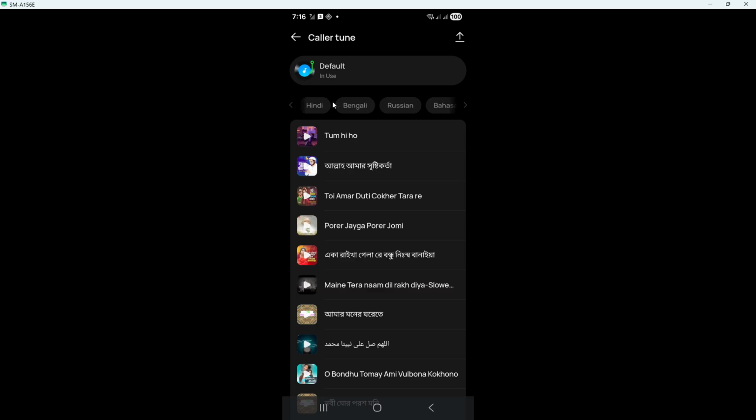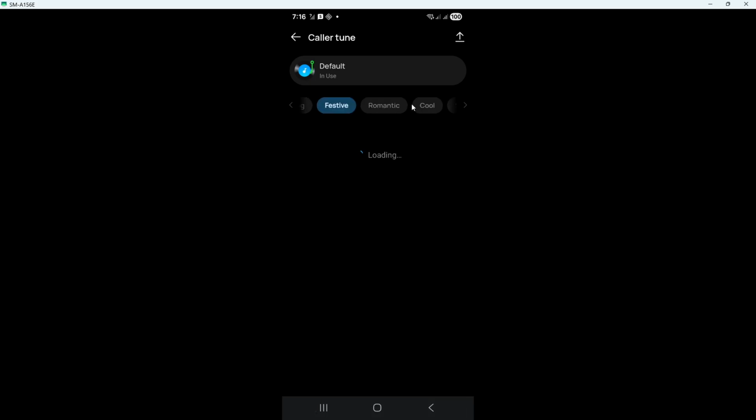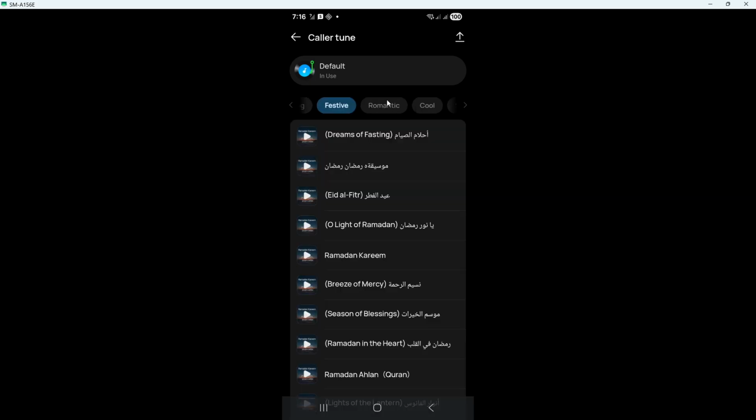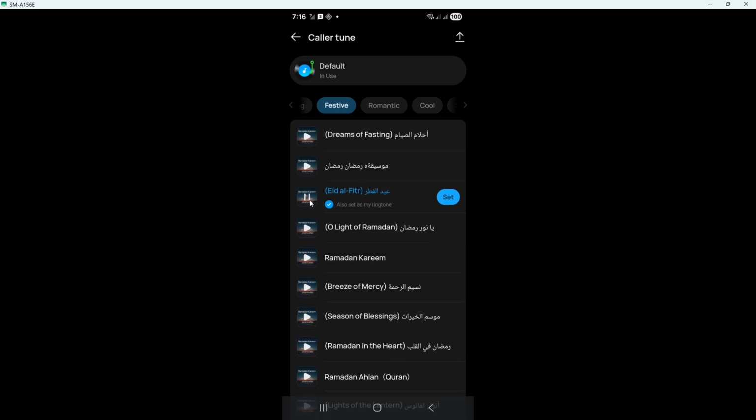In some versions of Emo, you may also have the option to upload local music from your device. If that option appears, you can select a song or audio file stored on your phone instead of using one of the built-in choices. When you've made your selection, tap Use, Save, or a similar confirmation button. This final step applies the caller tune to your account.